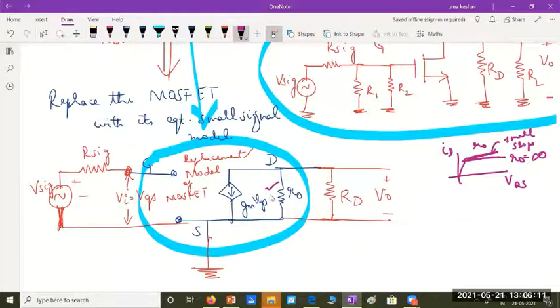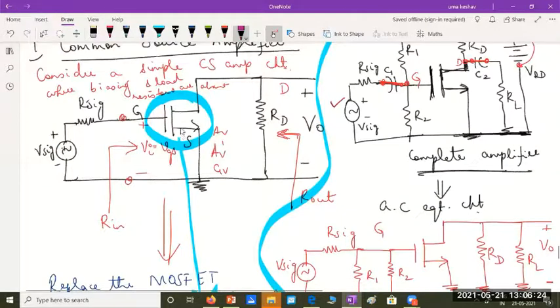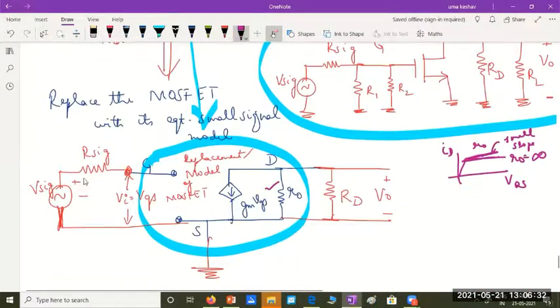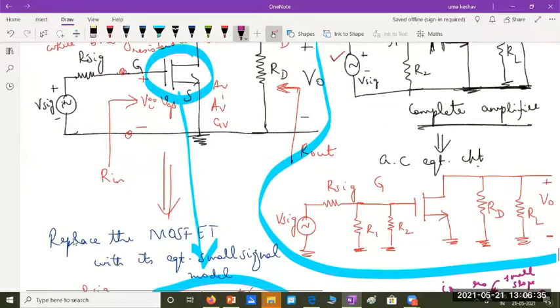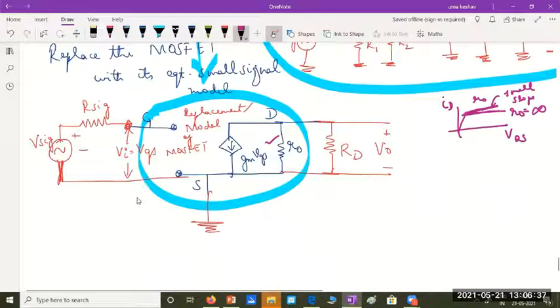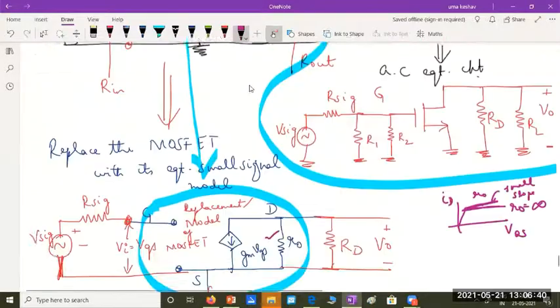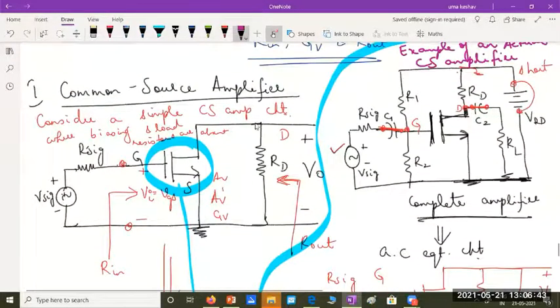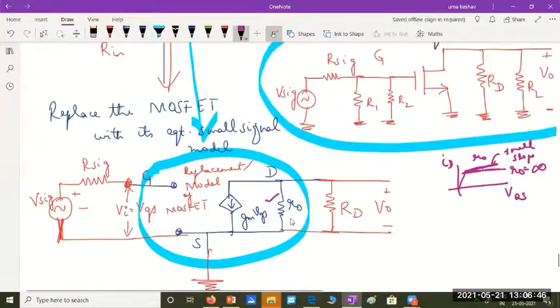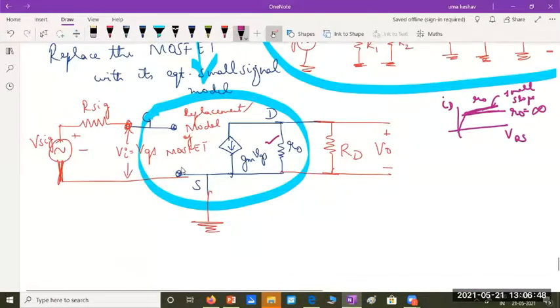This resistance will be present in parallel with the what? The dependent current source. So this whole thing will be the replacement for the MOSFET which we have written in this circuit. The next job is to simply rewrite the components as they are connected to this MOSFET in the equivalent circuit. That's all we have done. Vsig and Rsig, I have put between the gate and the source. We have grounded the source, and between drain and source, we have connected the resistance RD. Okay. So now our equivalent circuit is ready.